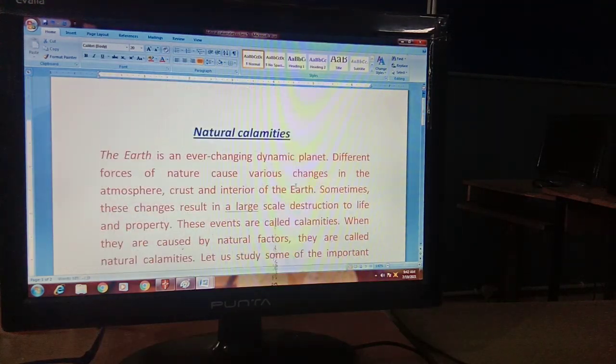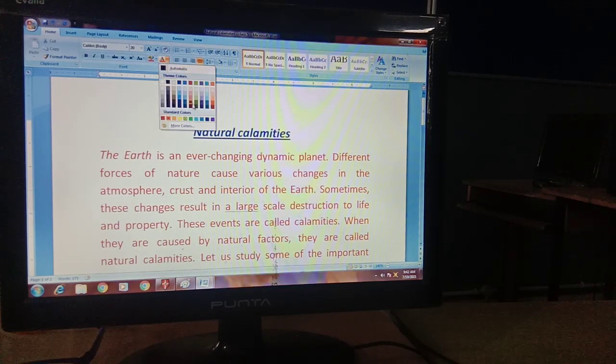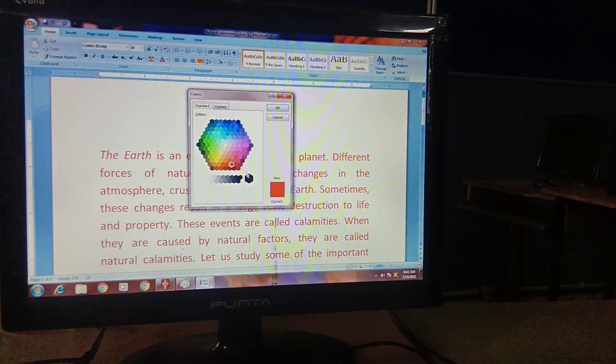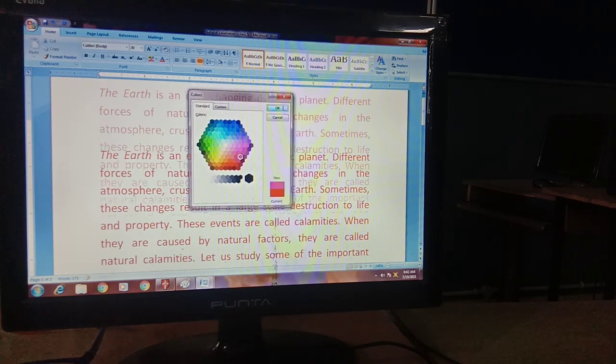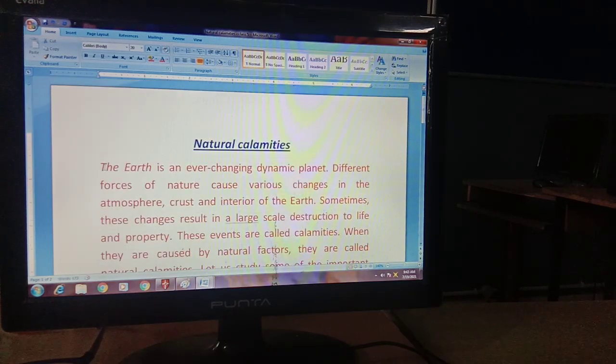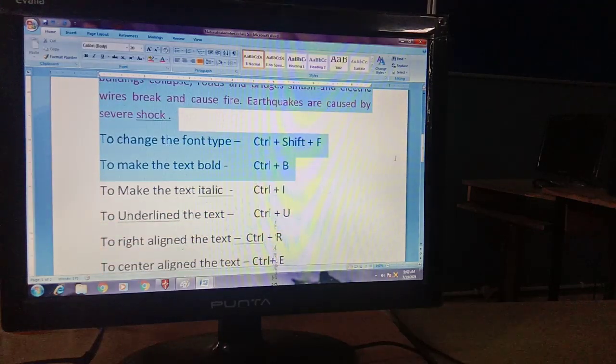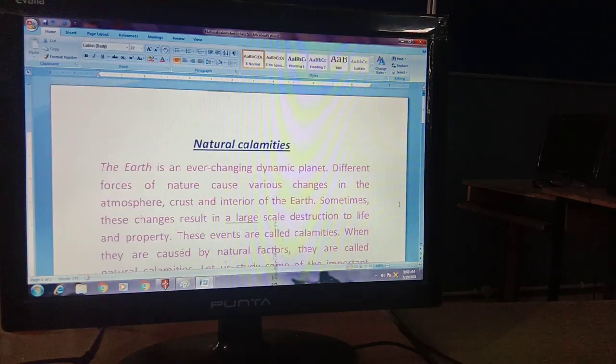So my text color is red and my heading color is blue. You have learned about coloring, and you can get more colors with the help of the More Colors option. Here you can select the appropriate color that you actually want. For example, I want the color pink, that I have just created. So this color is now applied here.